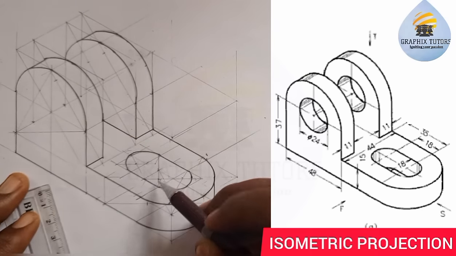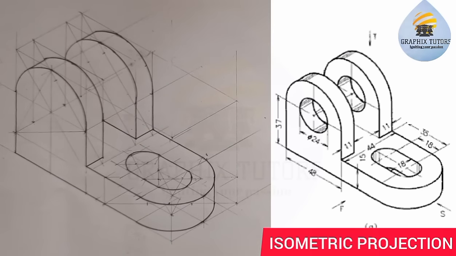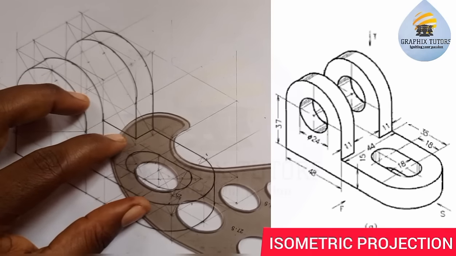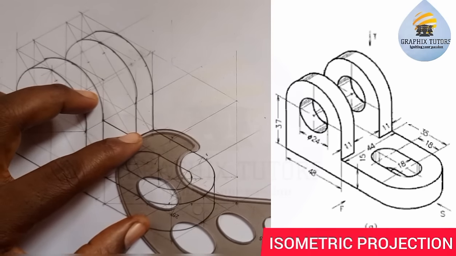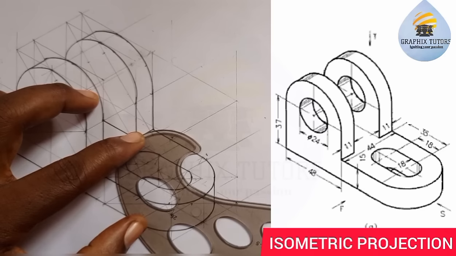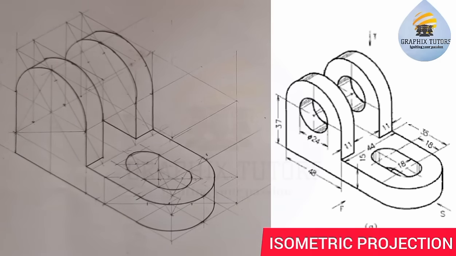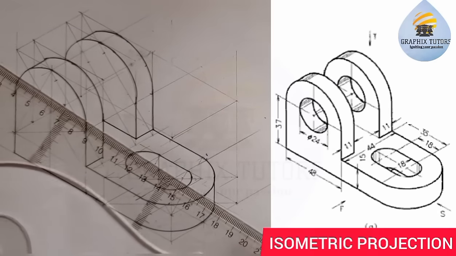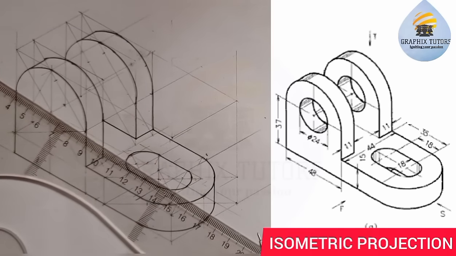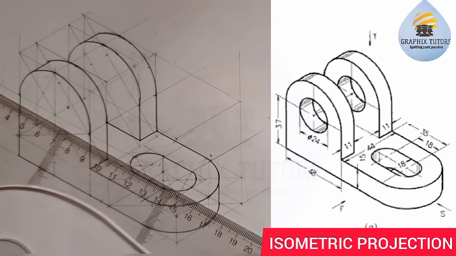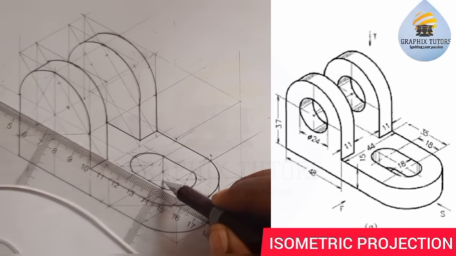So this is where I can just use my French curve and see which of them will fit in here. So I believe this is fitting in here, right? So I'll come to that point I measured, 15, and I'll just draw this way, right? Because I can just from here draw a straight line here. First of all, draw a straight line here first of all on this point,